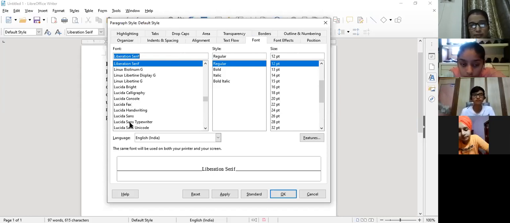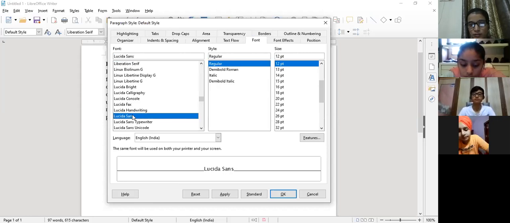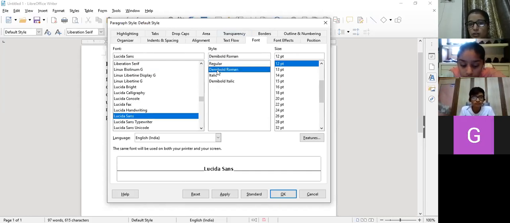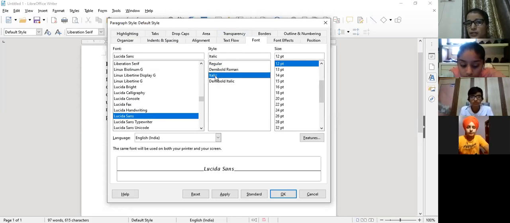I want another. In the preview at the bottom, you can see what the face will be when you choose it. And second, whether you want regular, demi bold, italic, or demi bold italic. I need demi bold italic, so I will choose demi bold italic.